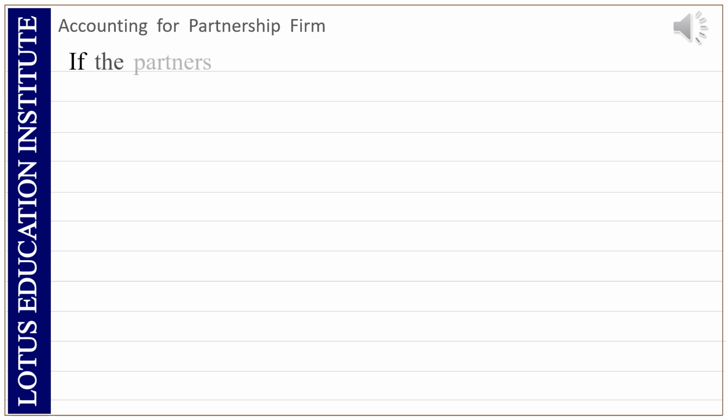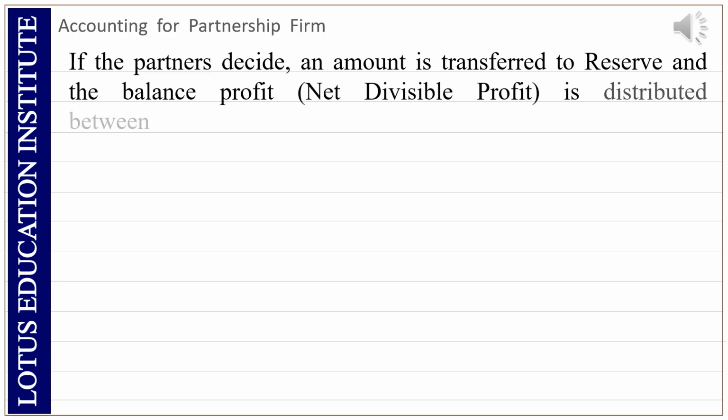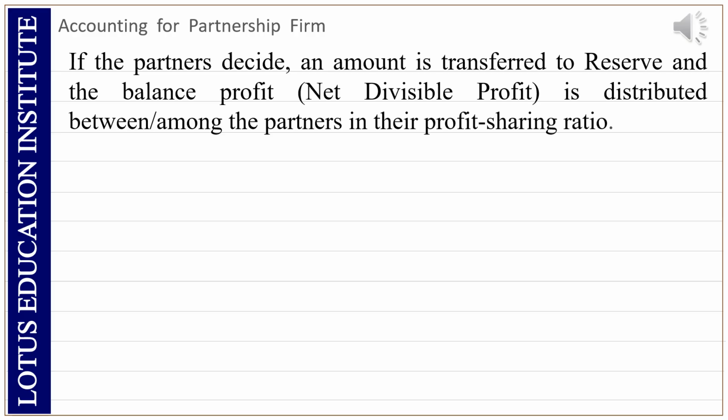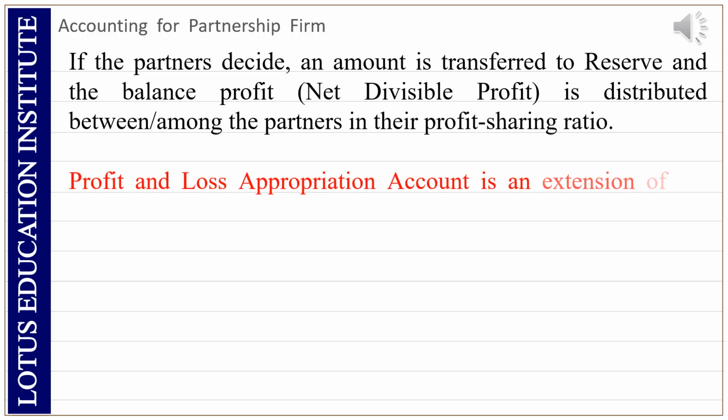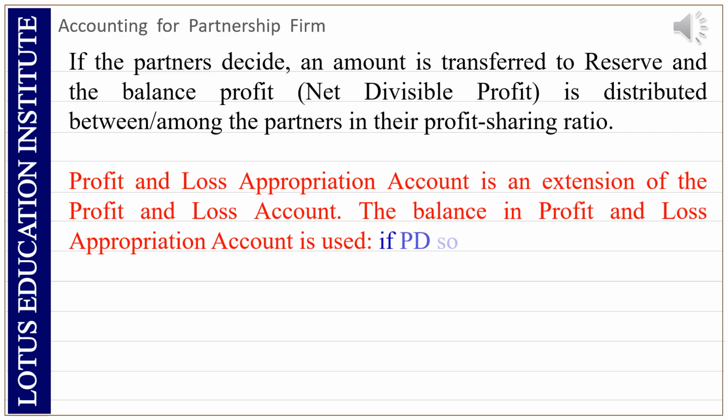If the partners decide, an amount is transferred to reserve and the balance profit, the net divisible profit, is distributed among the partners in their profit-sharing ratio. Profit and loss appropriation account is an extension of the profit and loss account. The balance in profit and loss appropriation account is used, if the partnership deed so provides,